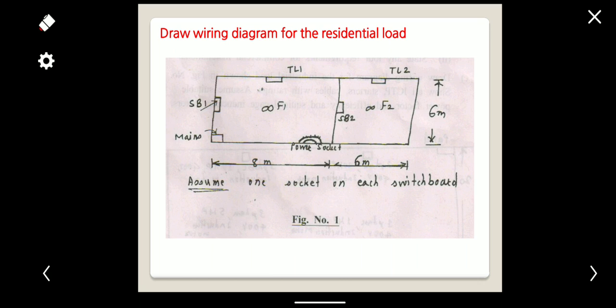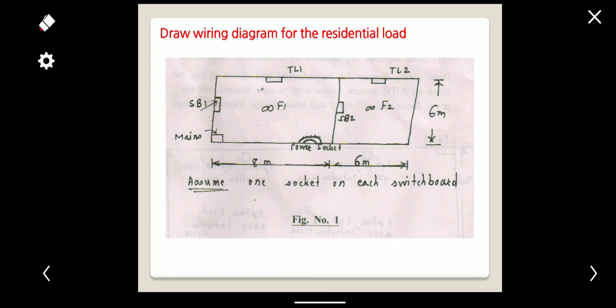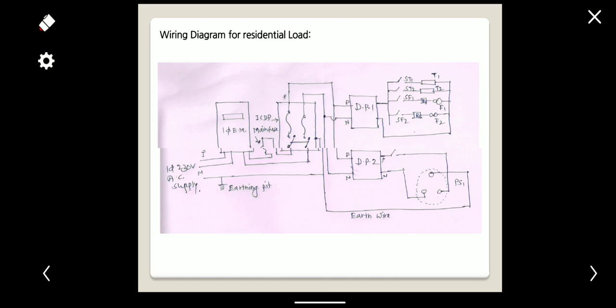Now this is the wiring diagram according to this installation plan. First, this is the mains. In the wiring diagram, this is a single phase circuit. The single phase supply is given to the single phase energy meter. Then the energy meter is connected to the ICDP. This is the switch, the ironclad double pole switch, connected with fuses.